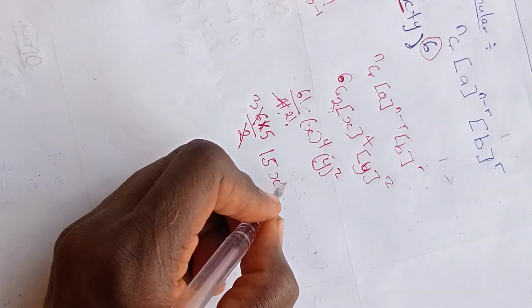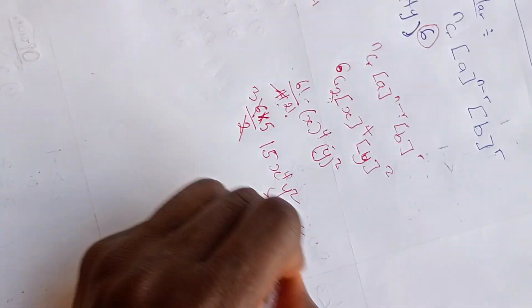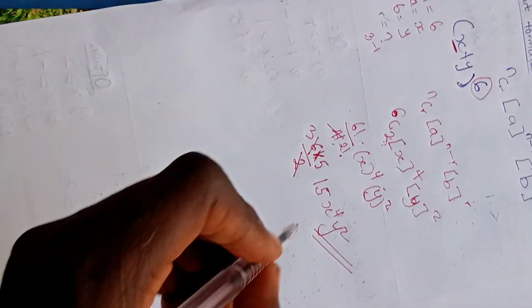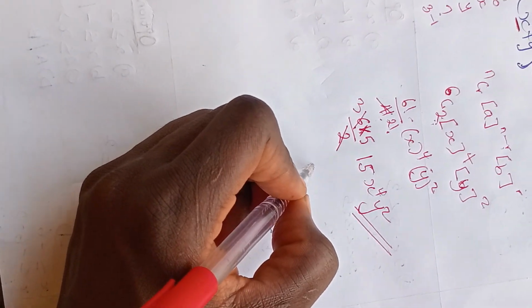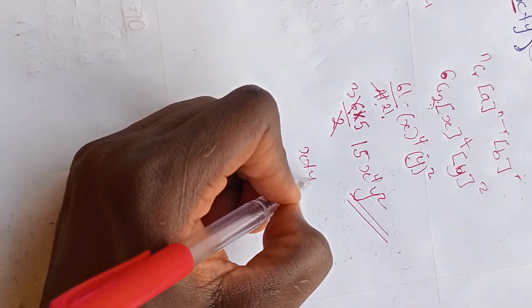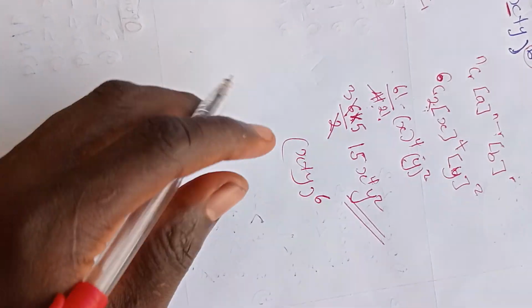Then just add the other variables. So this is the third term, and let's test for it. We said the question is x plus y raised to the power of 6. It means that